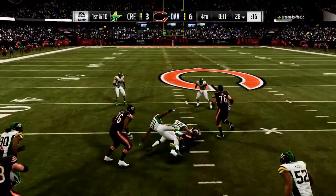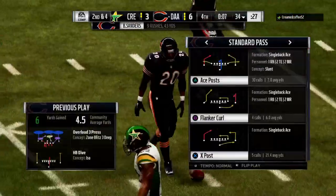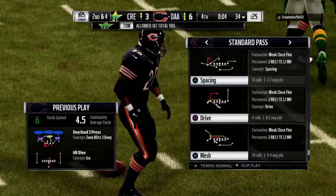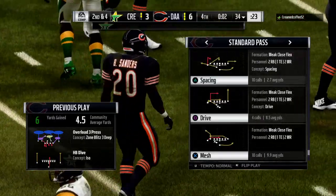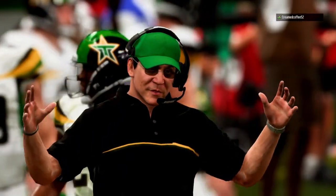Vick with a give to Sanders. And he'll take this up near the 35, maybe the 34. It's a 6-yard pickup, but it gets him to 2nd and 4. That's it. That's what you want. Straight ahead positive gain. Just keep that clock. Well, Charles, the